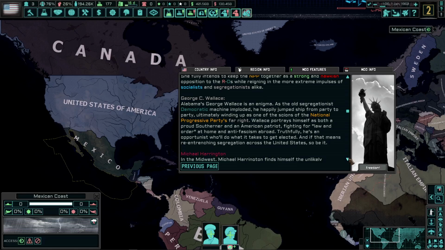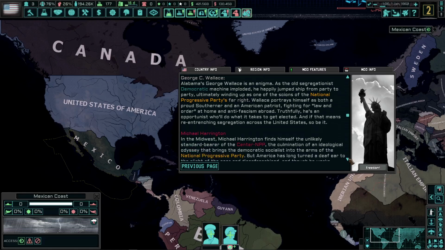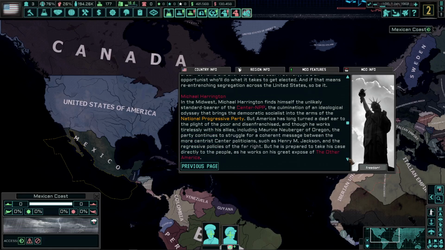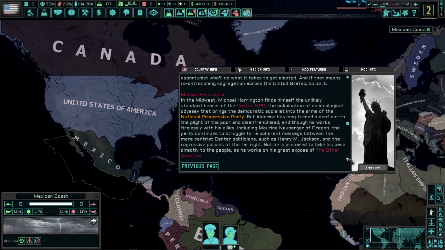And if that means re-entrenching segregation across the United States, so be it. Michael Harrington. In the Midwest, Michael Harrington finds himself the unlikely standard bearer of the Center NPP, the culmination of an ideological odyssey that brings the Democratic Socialists into the arms of the National Progressive Party. But America has long turned a deaf ear to the plight of the poor and disenfranchised, and though he works tirelessly with his allies, including Maureen Neuberger of Oregon,